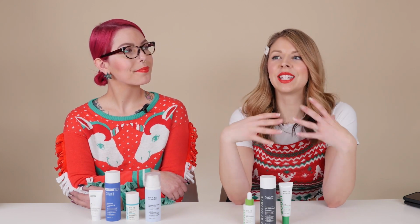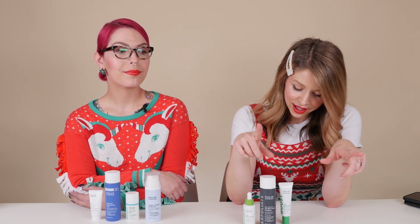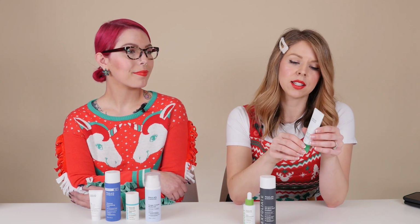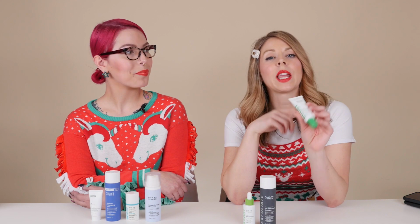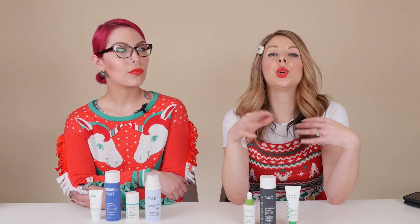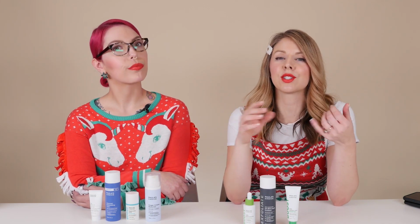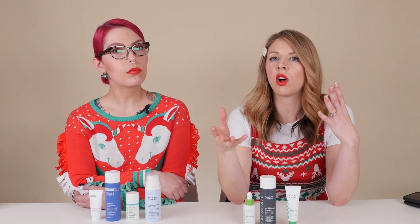So I love that when I put it on at night, I wake up and I do feel like my skin is just glowing. It just gives it that more vibrant tone overall. And then the third product in the kit is the Azelaic Acid Booster. It's at a 10% concentration, which is a high concentration, but it's still really gentle on skin. In fact, azelaic acid has a ton of research behind it being a soothing agent. So for people who have redness issues, any sort of redness in your skin at all, this is gonna help